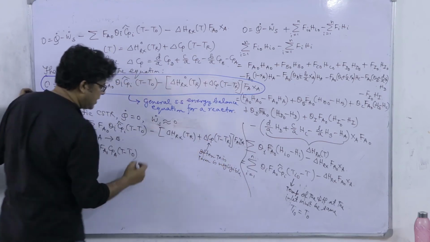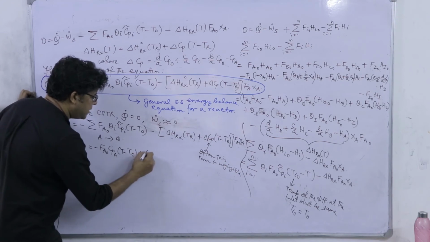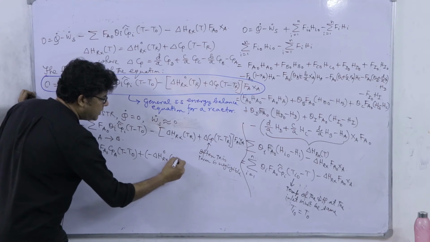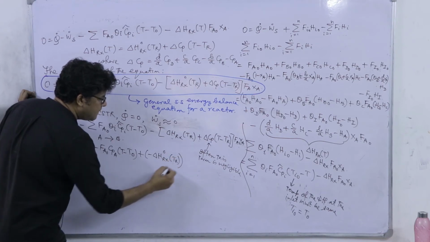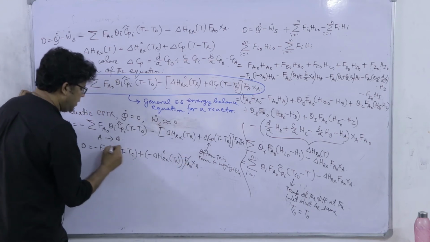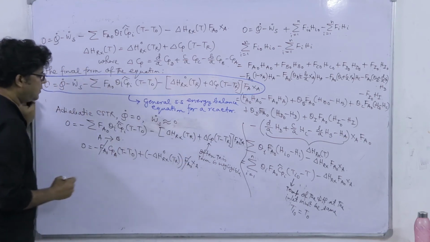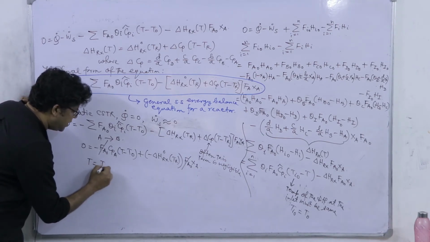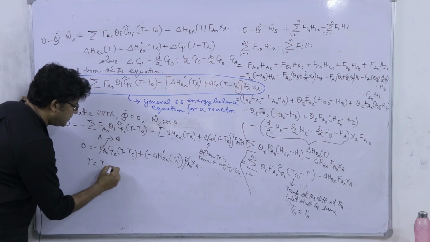So definitely we can include that, but we can also set it as minus ΔH_Rx° at T_R into F_A0 into X_A. So F_A0 cancels out. So we have a straightforward relation: T is equal to T_0 plus